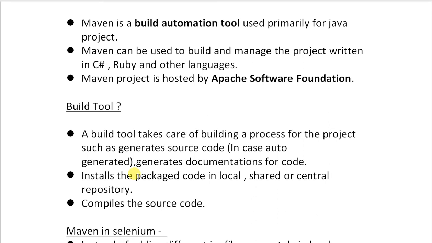It generates the documentation for the source code as well. It installs packaged code in the local repository, shared repository and central repository. It compiles the source code. So these are the three basic and main jobs of build tools.